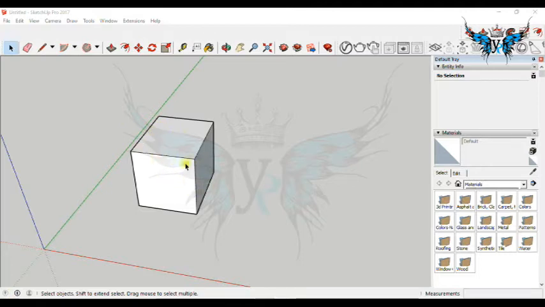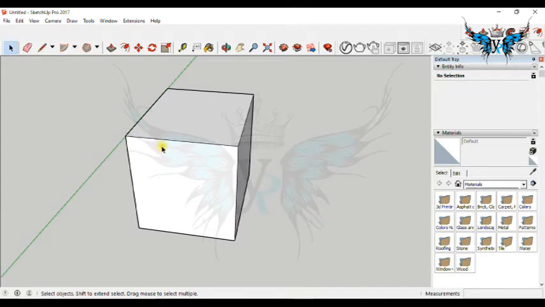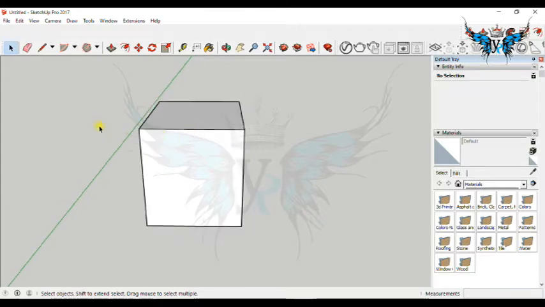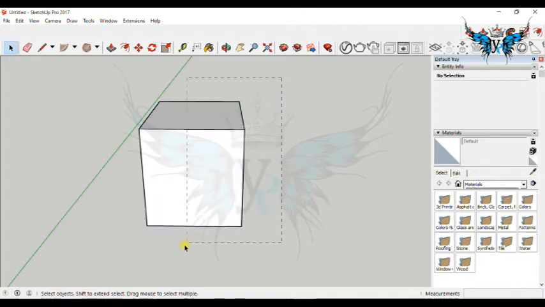First, the cursor tool. The cursor tool is used to select an object, a surface, a line, or anything else. But the cursor tool is useful in another way too. When we select an object from the right side, it will only be selected when we select it fully. But when we select an object from the left side, even if we lightly select the object, it will get fully selected.